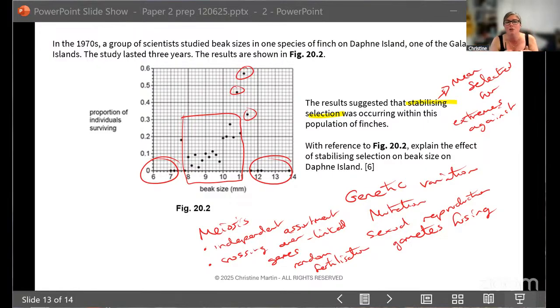I promise you, write it down because you never know. Your guess might actually be from the back of your brain. Some knowledge you didn't know was actually there, and it is true to the question. Do not leave any questions blank. Please do not. Even if you think you don't have a clue what to write, just start writing a load of drivel that's biology that you learn, whatever it may be. It can even be GCSE biology, just write something because I promise you, an examiner would much rather you do that.